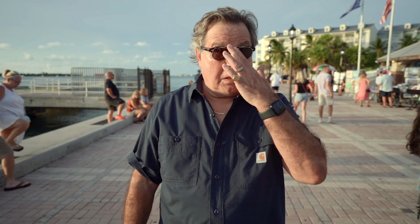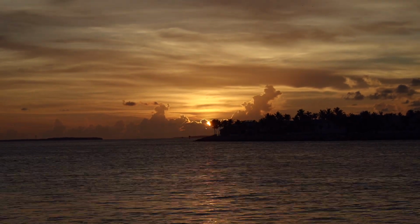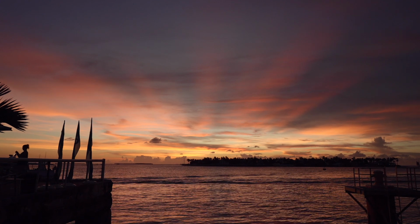The next night, my buddy said, let's go to Mallory Square. I'm like, what's Mallory Square? I had no idea. So we came down here, and there were all these people who were gathering at this time of night. And it turns out that they were here to watch the sun go down. And I was like, that's pretty cool. I mean, there's no other reason to be here but to watch this natural, mystical thing called sundown. And at the end, when the sun finally drifted below the horizon and this orange glow spread out over the world,